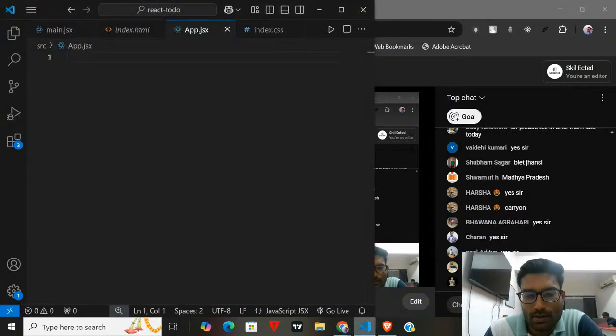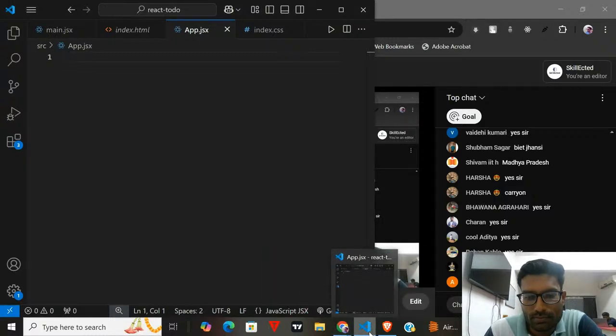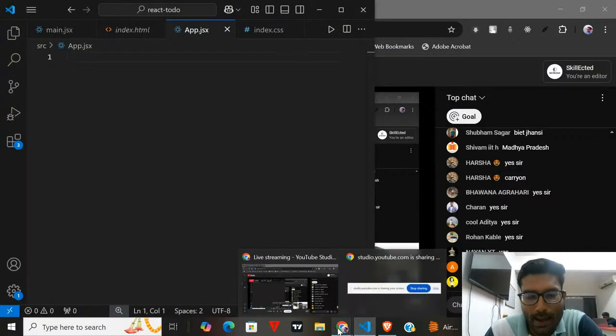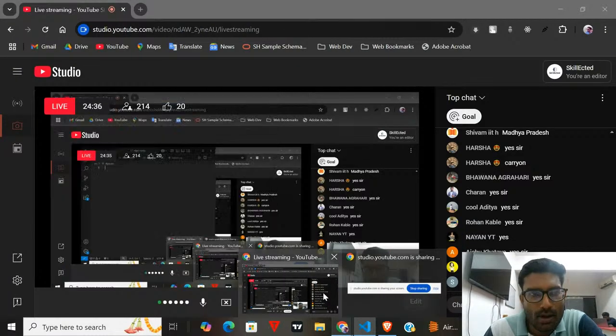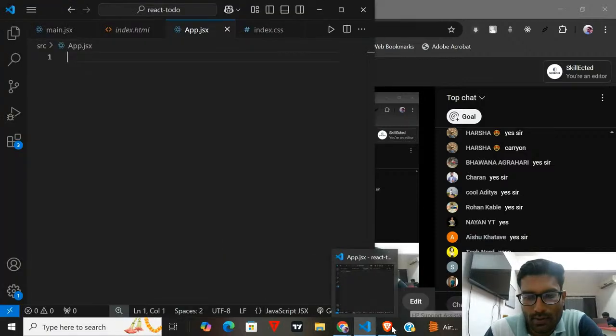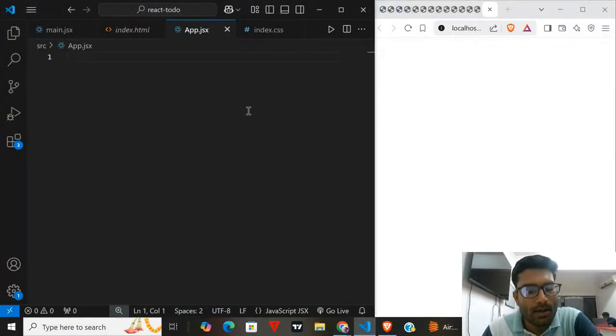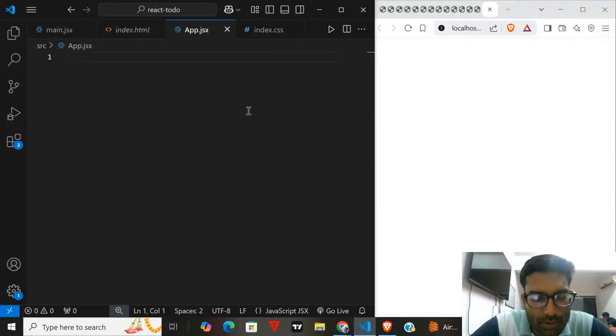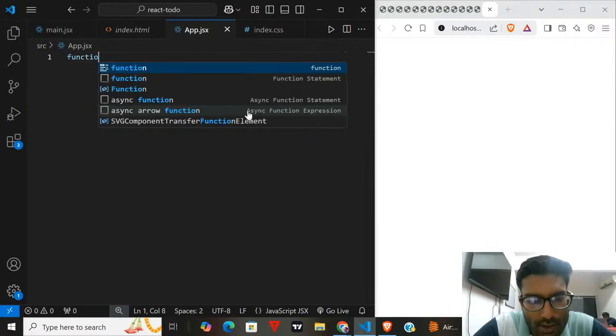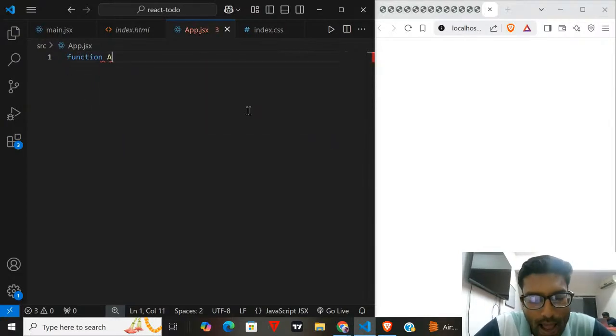So let us go to app.jsx, and here we will make our page. As I told you, for function based components, you need to make functions. So I can make one function, function App.